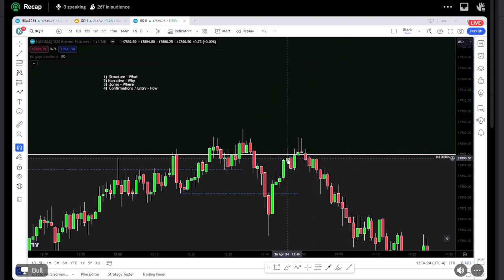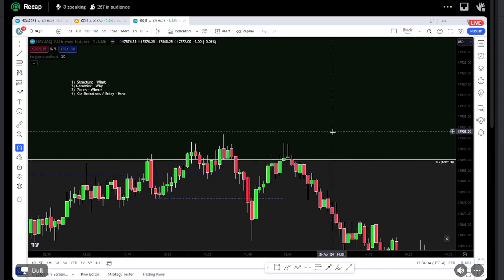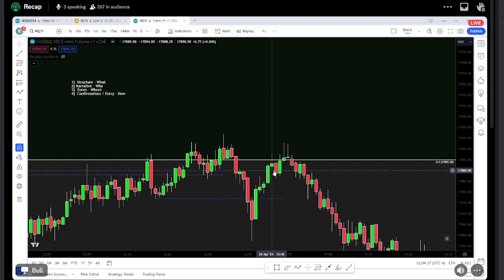So 13:47, this candle here, yes, it traded below here, right? But first off, you're trading into an imbalance. And if that's respected, we know from the playlist that it's going to put in a new high, right? Secondly, if you're monitoring order flow here, we've got a high and then a low here, and then we get our trade back up. So we've actually got no real flip in here, right?